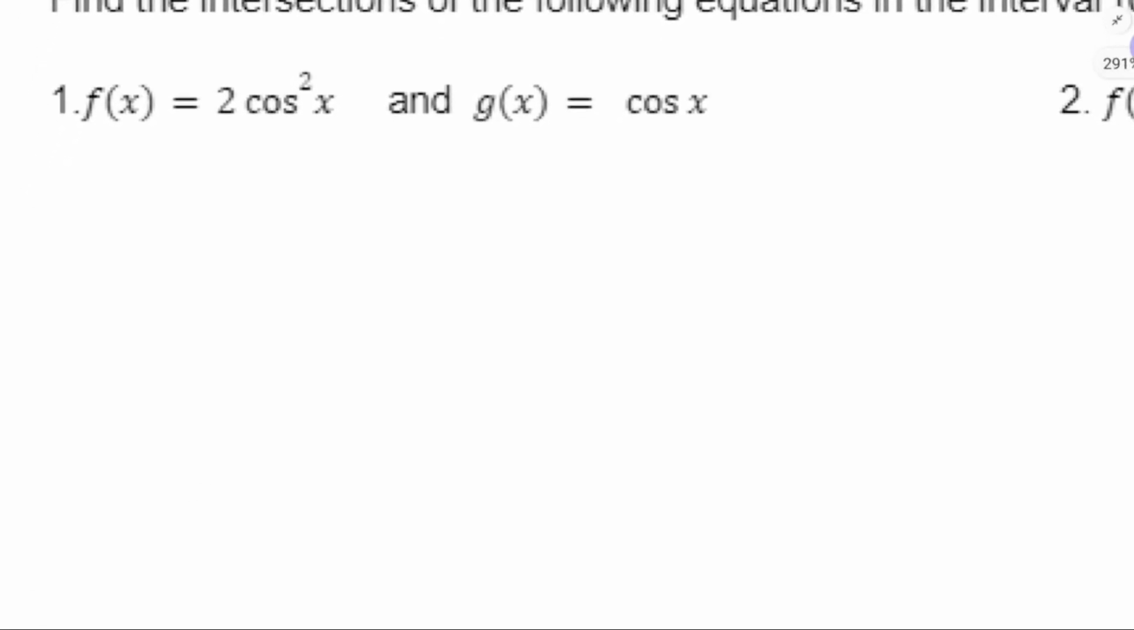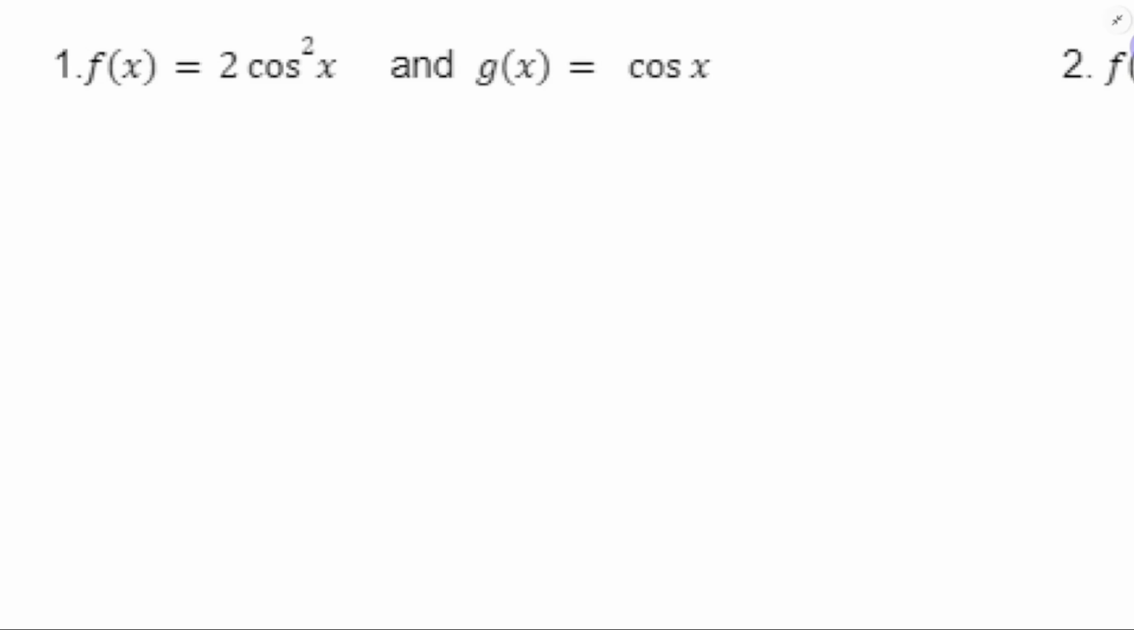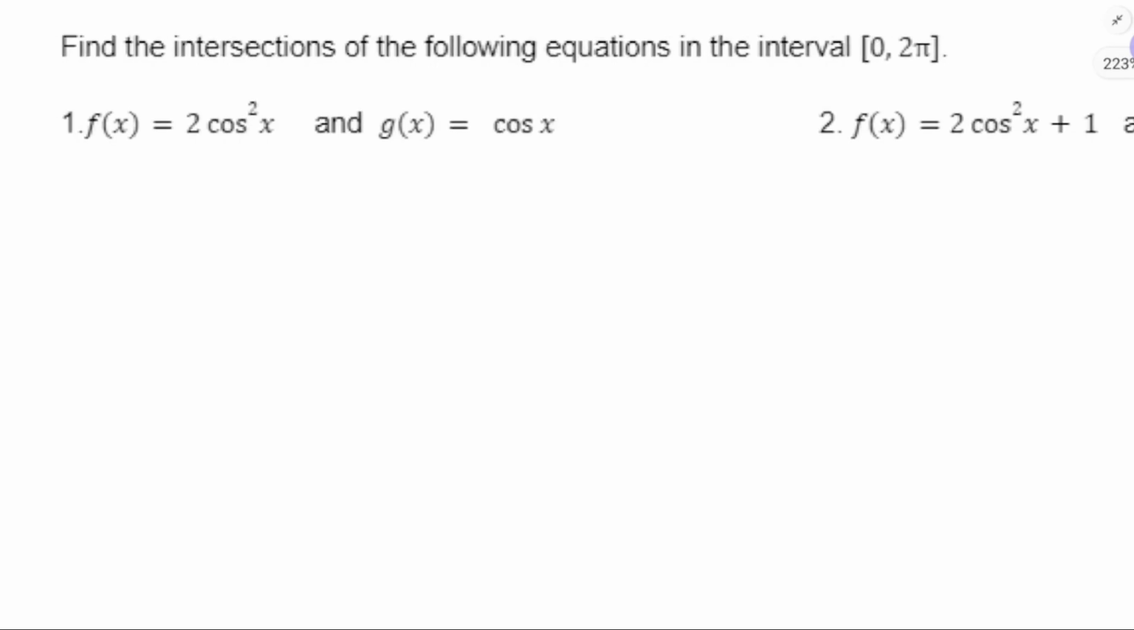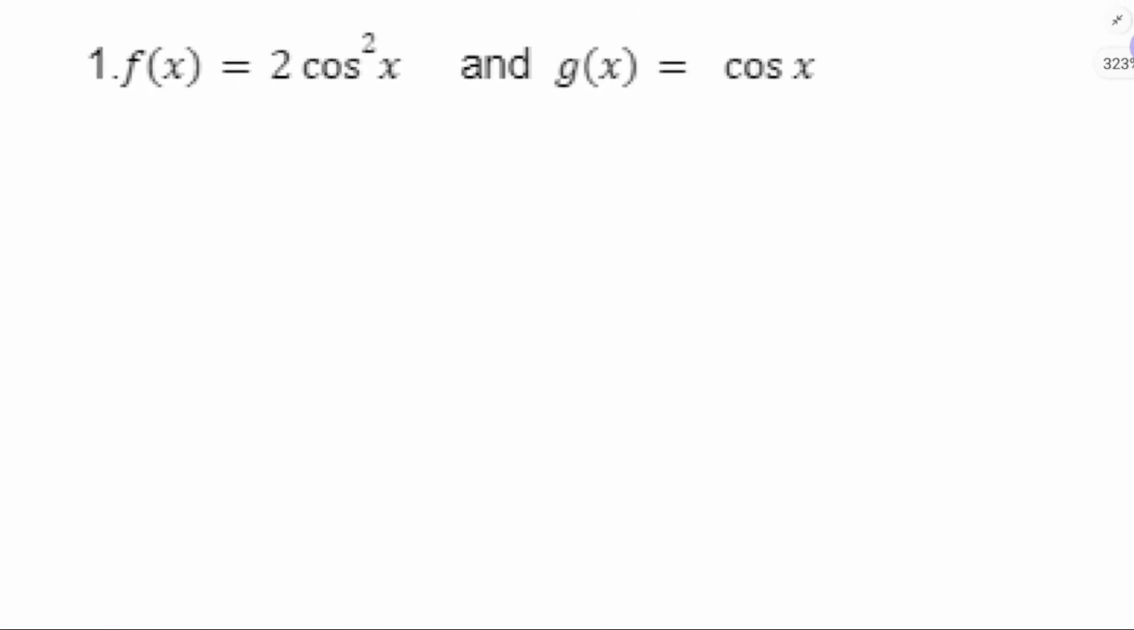All right, so find the intersections. We're just going to set the two things equal to each other and solve. It says on the interval 0 to 2 pi, so that's going to limit our level of responsibility here. So we're going to set the two things equal to each other, so 2 cosine squared x equals